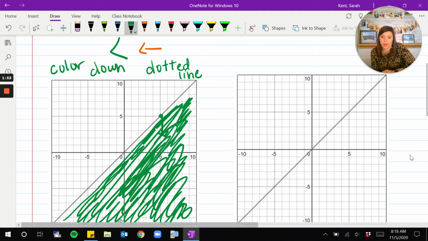So for my line, I'm going to put dashes or dots. So you can see there's spaces in my line. So this is if we see the less than symbol. You'll color down and you'll have a dotted line. If we see a greater than symbol,